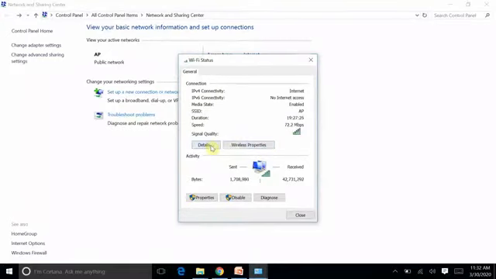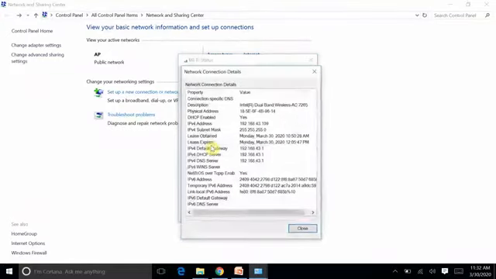In this, you have to click here on details. In details, you get these network connection details. See this: the description, the wireless adapter, and the physical address. And see here, DHCP enabled: yes. This means that it is an automatic connection value, not a manual connection value.